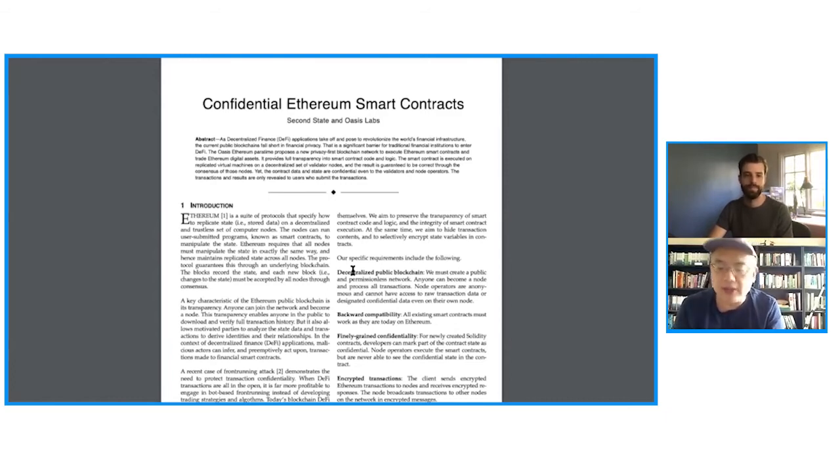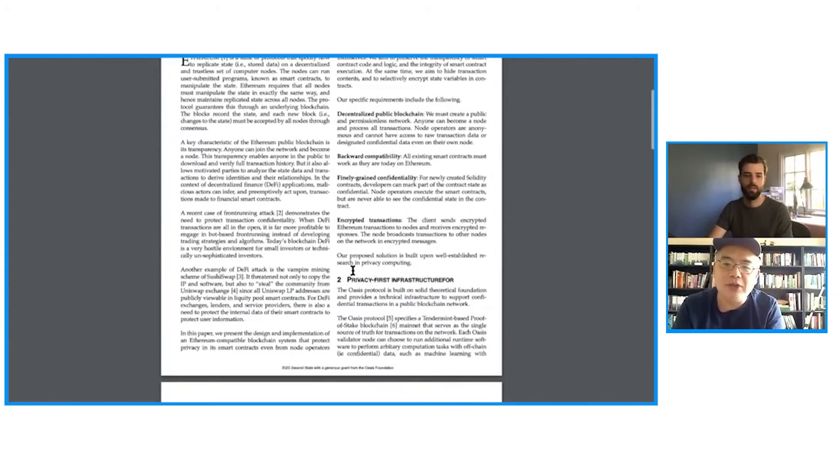And the second is to protect data inside smart contracts. So for instance, today, if you run an Ethereum node, you would be able to look into the database. You would be able to look into the blockchain itself and see what's inside those smart contracts. What are the variables? Who did what to whom? So for this,